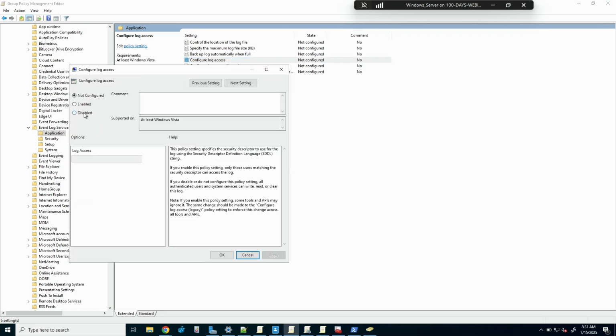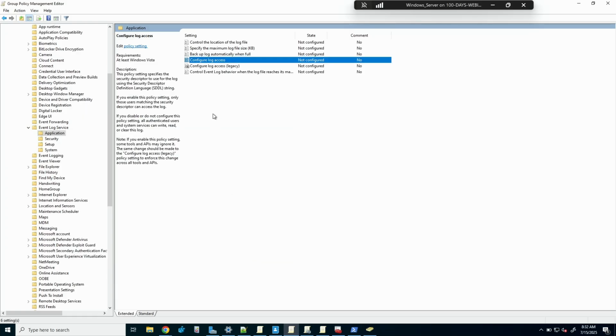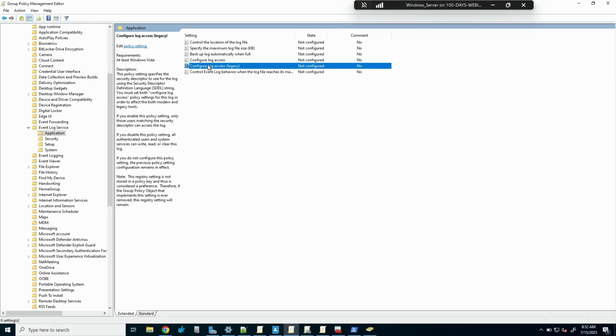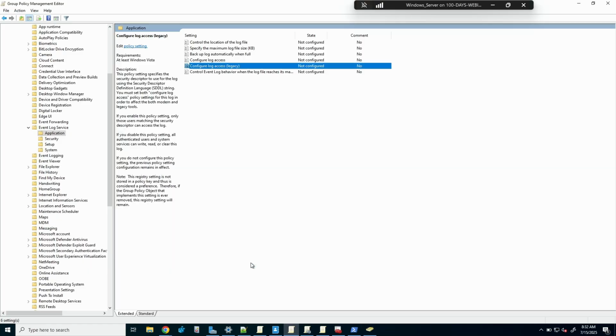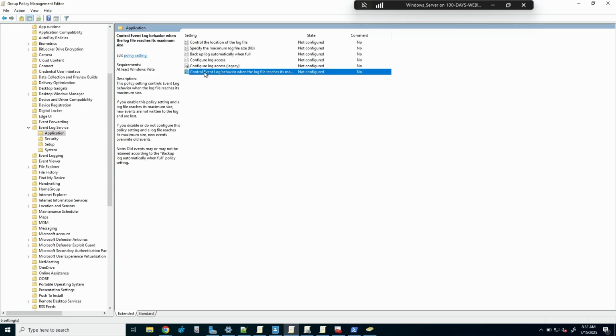This one prevents... one of them prevents the guest account from being able to access it. If you enable a setting, only users matching the security descriptor can access it. So restricting access is always good, because if someone gets on a machine with a lower privilege, you don't want them to be able to do it. And maybe this is the one for the guest account. You must set... Okay, maybe that's not. I thought one of them was a...